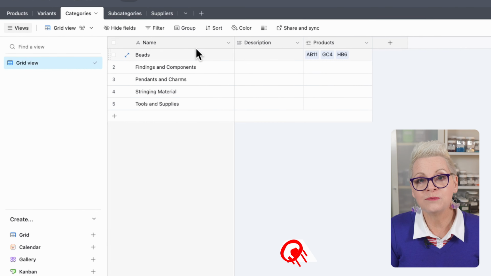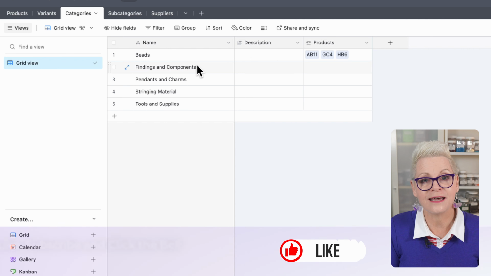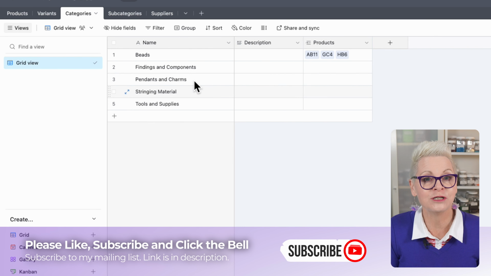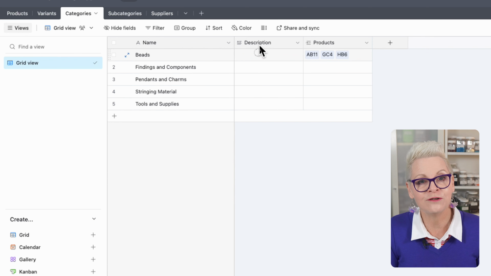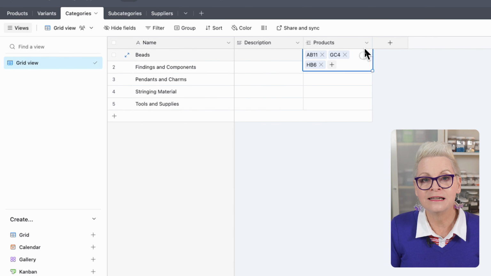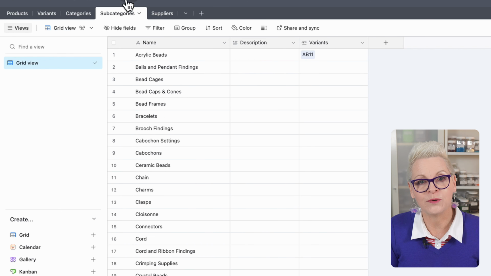I've kept this really simple with just beads, findings and components, pendants and charms, stringing materials, tools and supplies. You can add or remove or change anything you want in this table. You can even add a description for each of your categories. Now this is a link table, so any product that you associate with one of these categories will appear in the products column. Our next table is the subcategories table, and just like the categories table, you can modify any